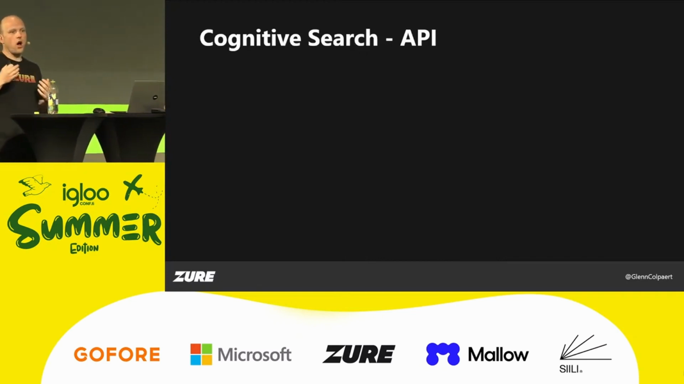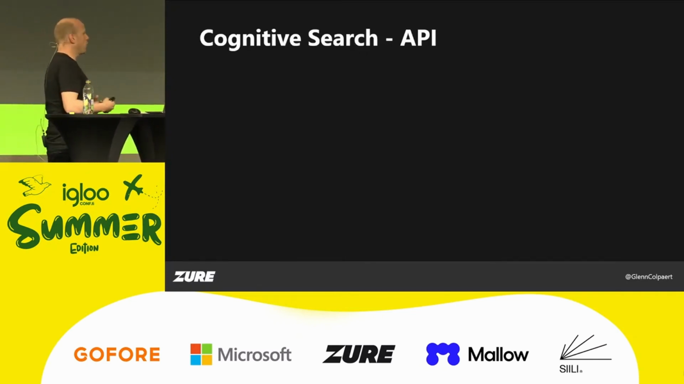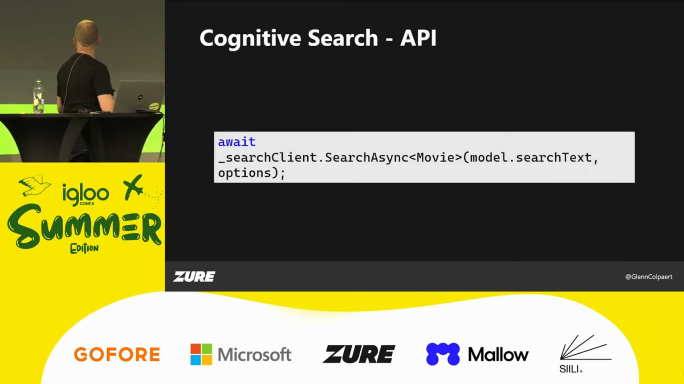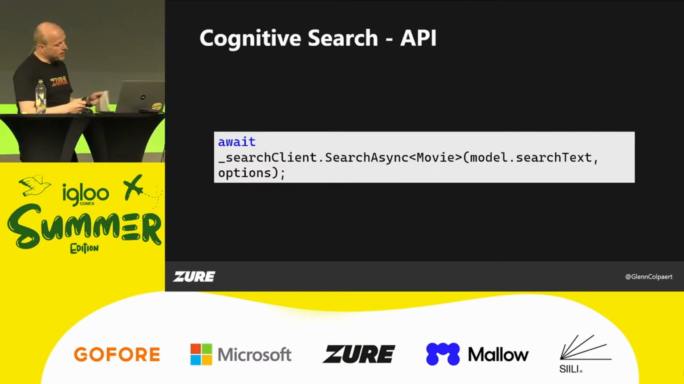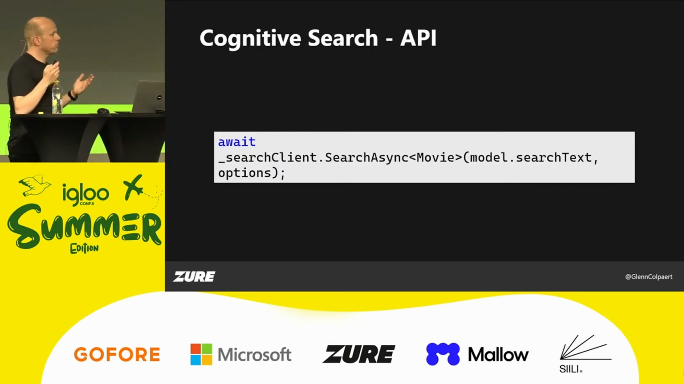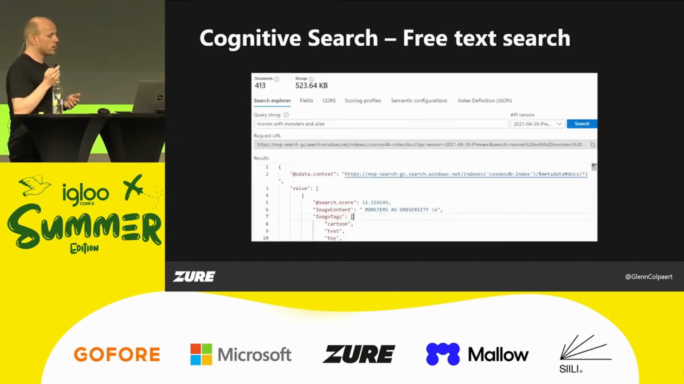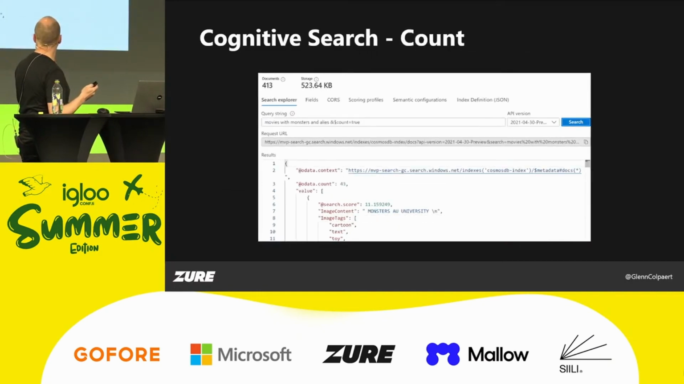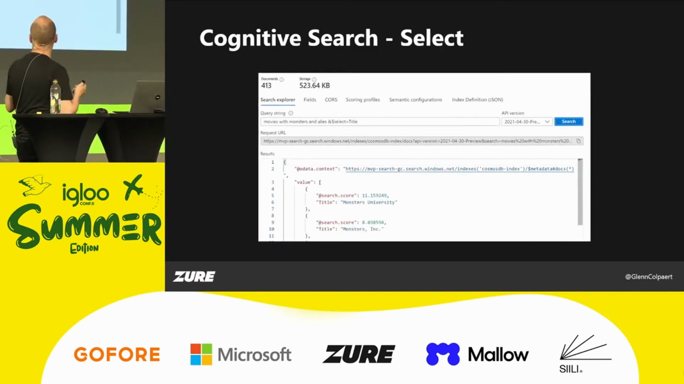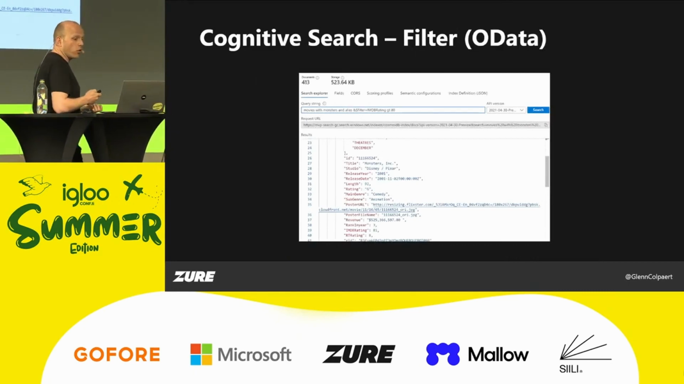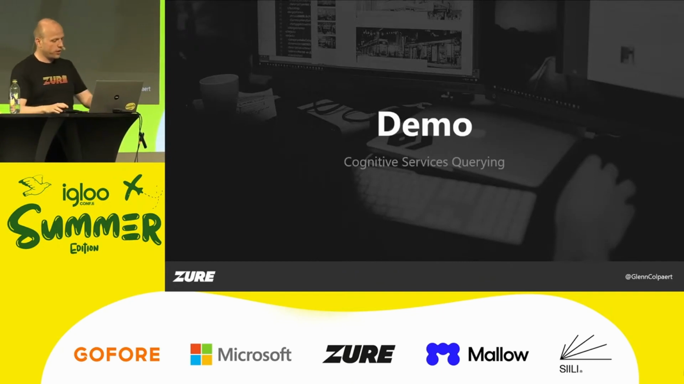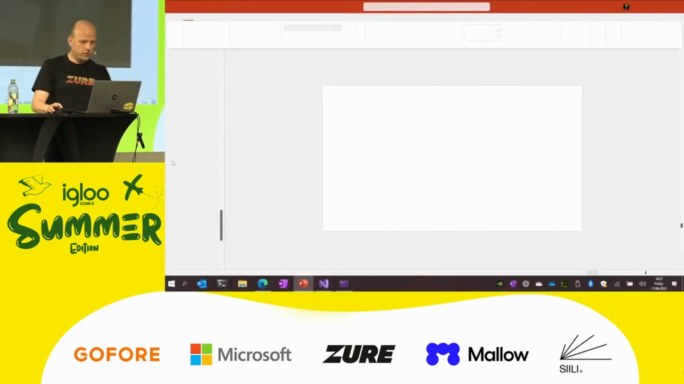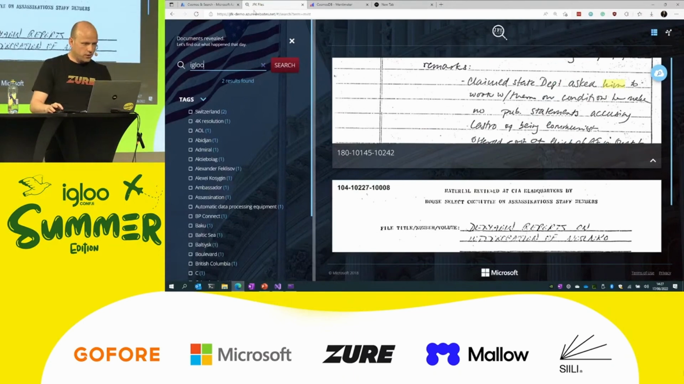it's important to take those into account. Once you've done all the settings, once you've created the options that you want, you can just run the search async with your search text, and then you're basically good to go. So Cognitive Search offers different options to query stuff. There's the free text search, there's the count, you can do a select, you can order by, you can do filter, and so on. But I think it's easier to show it than just show code on a slide. So let's